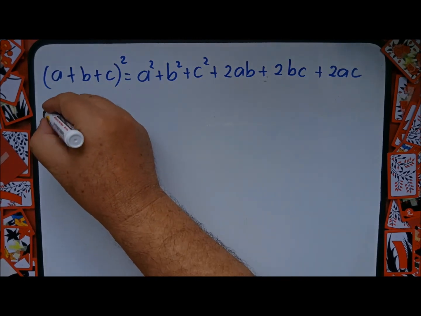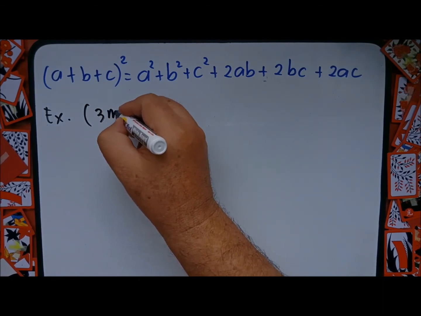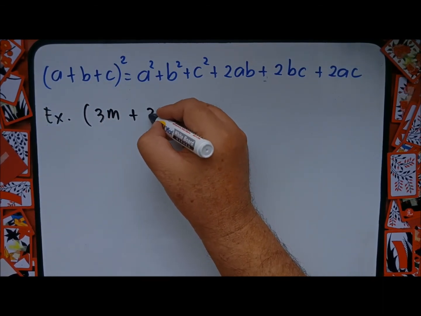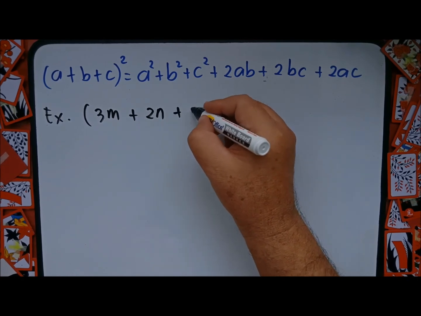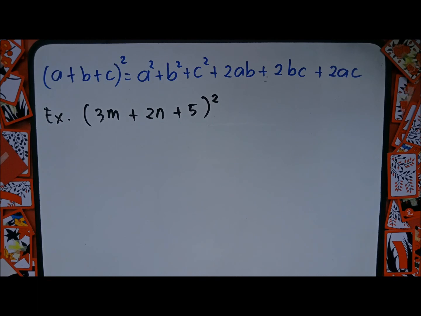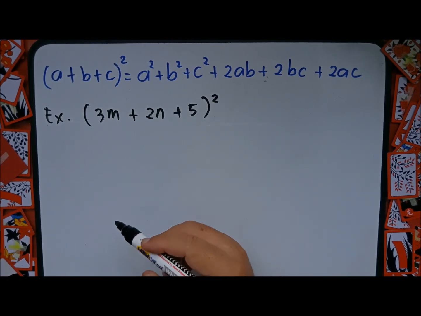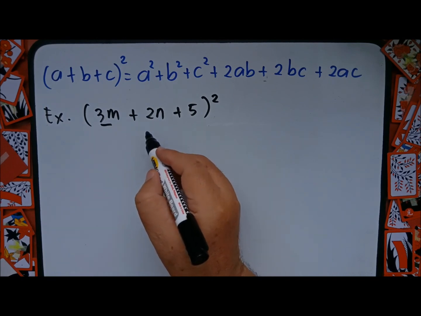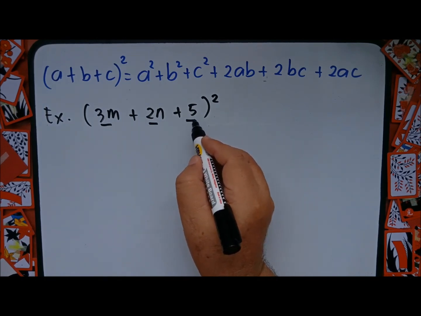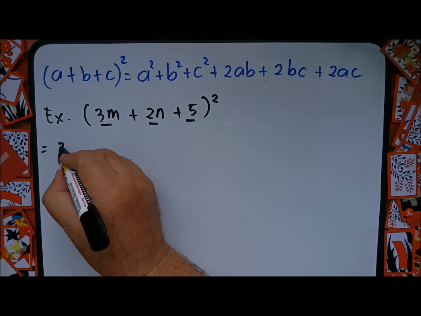Let's take this one, example. 3m plus 2n plus 5, squared. Okay, now substitute the terms on your pattern. This is your A, this is your B, this is your C. Now, equals. You have to square the first term,